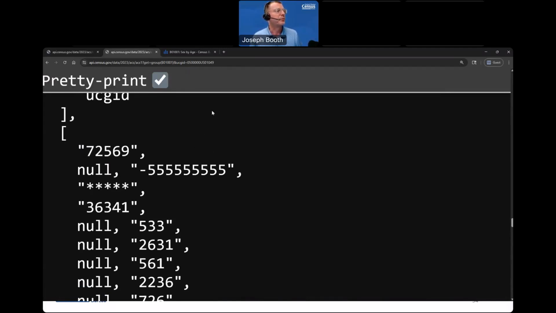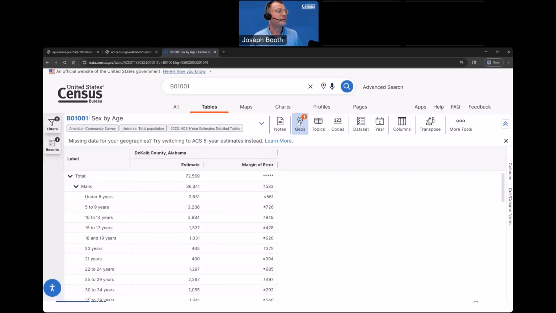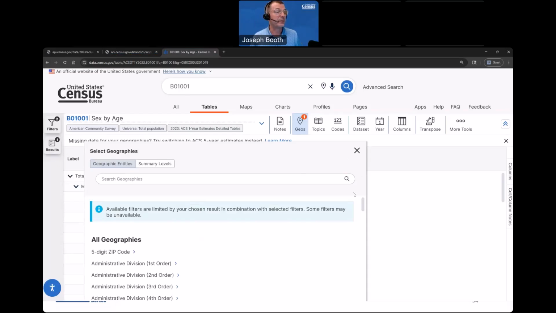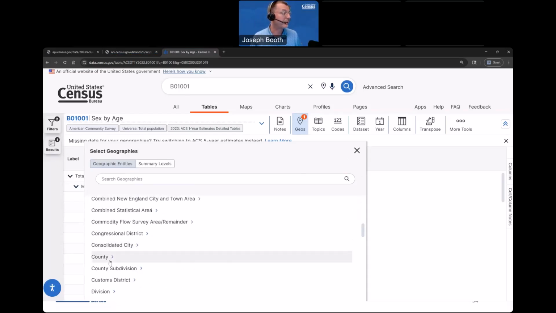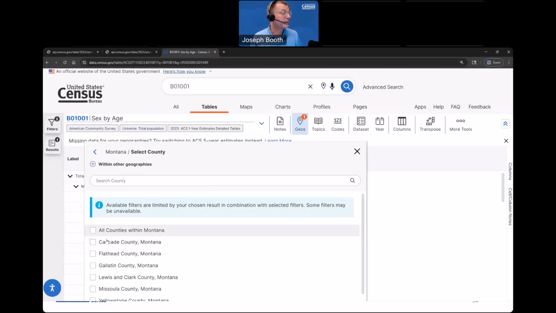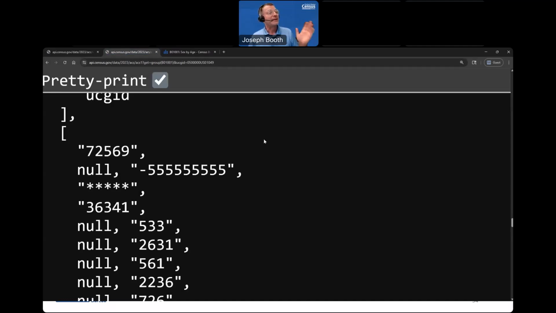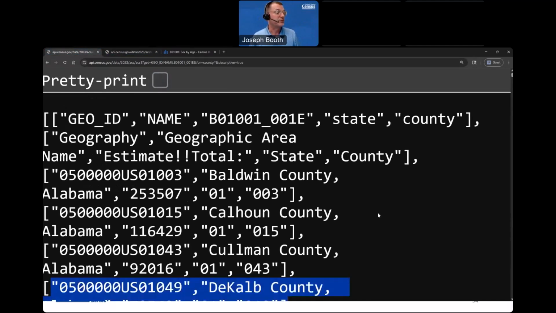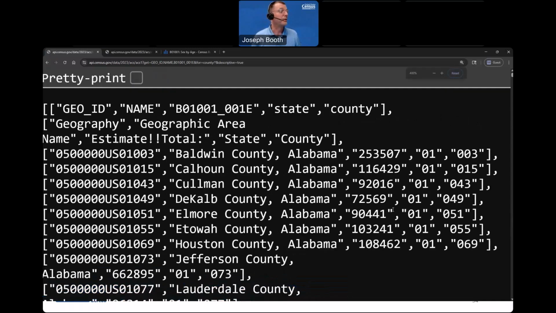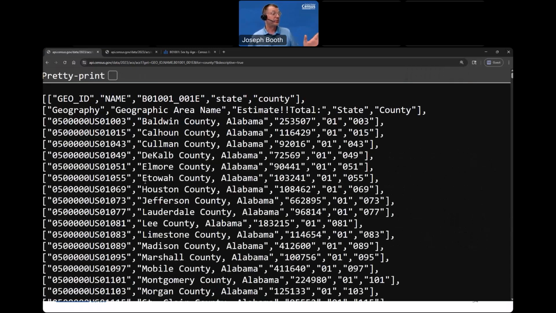But that's great for DeKalb County, Alabama. What if I want to find some other county? Am I going to have to keep going back in here and clicking through and finding the county? Well, I could, but I've already got the API call. And let's say I wanted to do this programmatically. I've got the UCGID available. Let's take a look at this here real quick. Imagine you're a software person, or a developer of some sort.